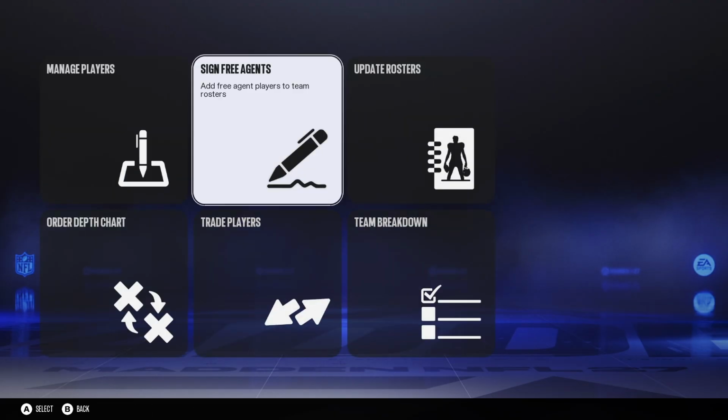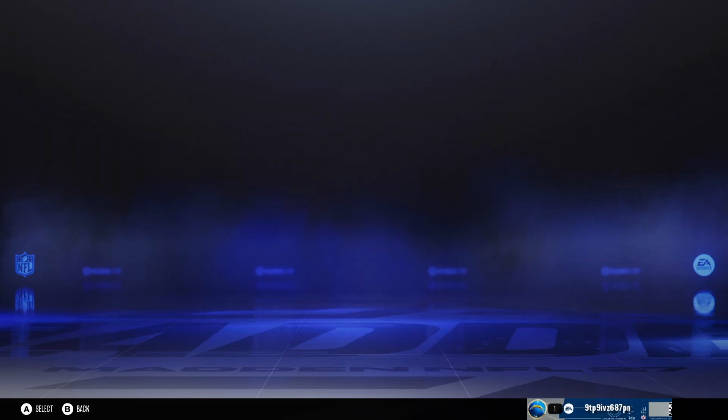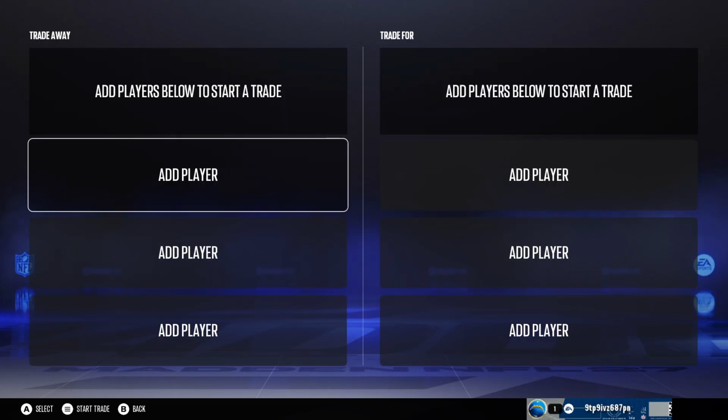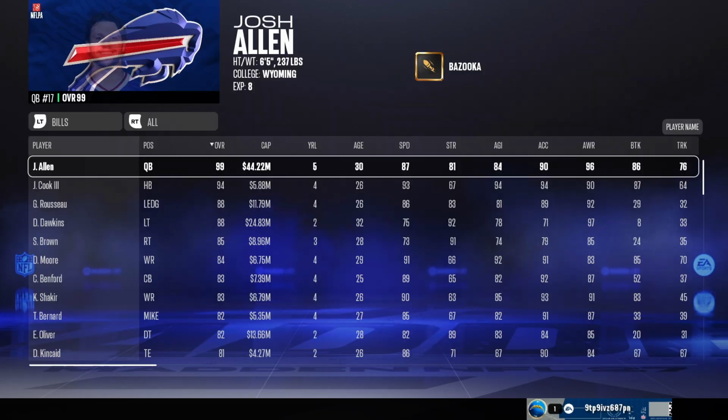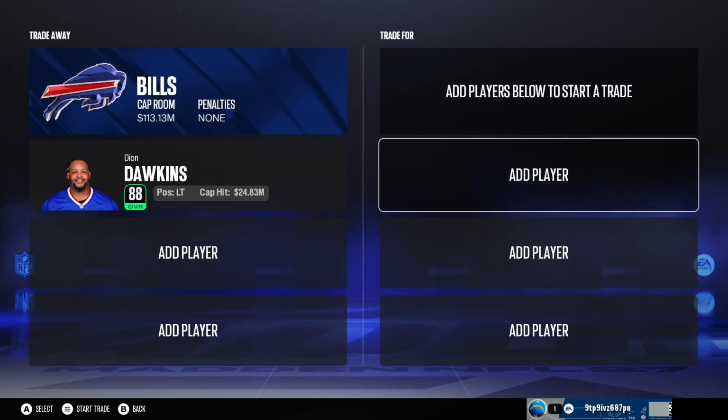Then if you want to know how you can trade players, or you can say transfer players, then you gotta go to the option trade players. Right here you can select the trade away or trade for. So here you need to select the player. So let's say I would like to go for this one, Dawkins, and I would like to trade him with,